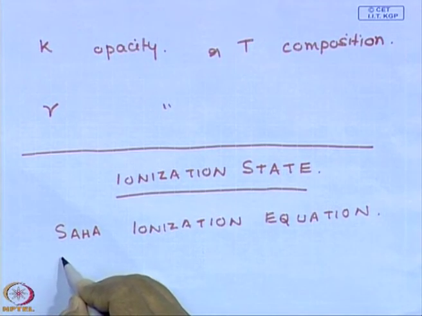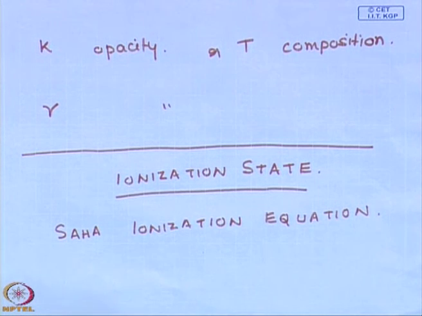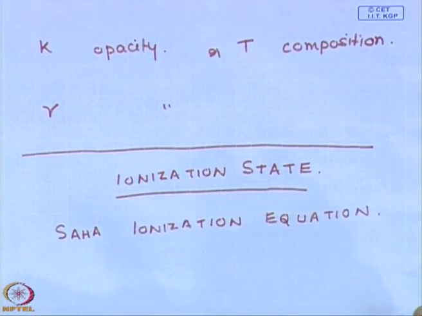So, this is something that I am going to take up in the next class, the Saha ionization equation, and let me stop today's class over here. Tomorrow we are going to take up the Saha ionization equation, and then how to proceed, then what are the solutions that one obtains for the stellar structure. Today I have told you what the basic equations for determining the stellar structure are. If you want to determine the state of a star, you have to simultaneously solve all of these with the appropriate boundary conditions. The boundary conditions are that the pressure should vanish at the surface, and that is the main boundary condition.